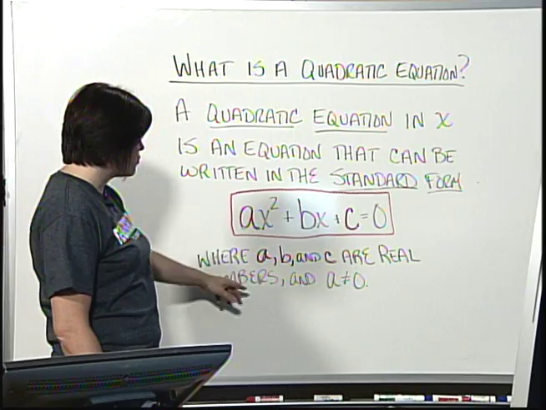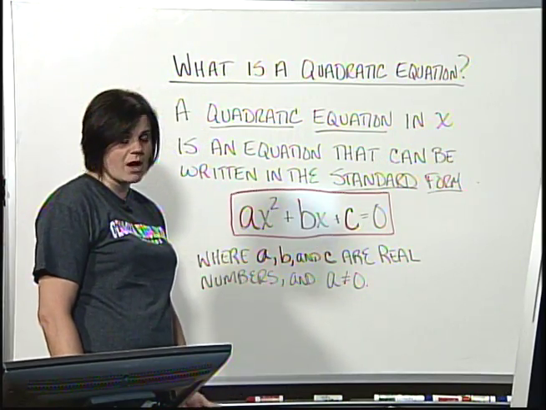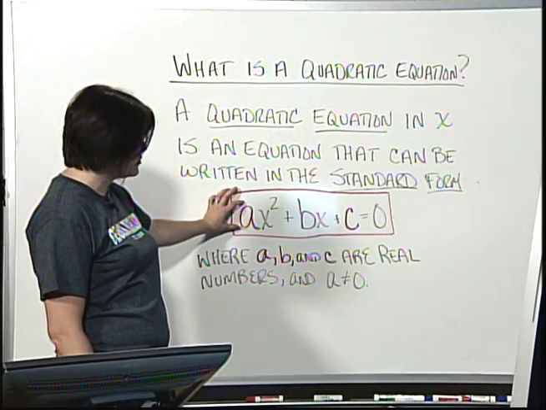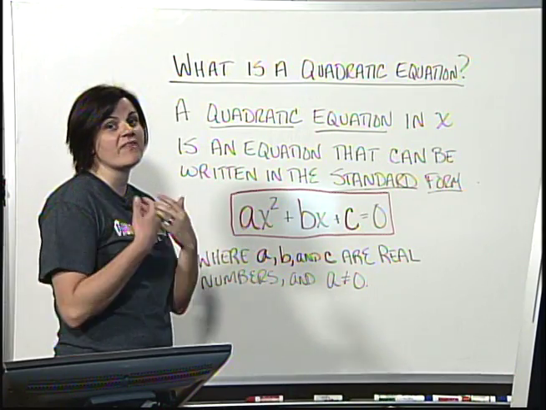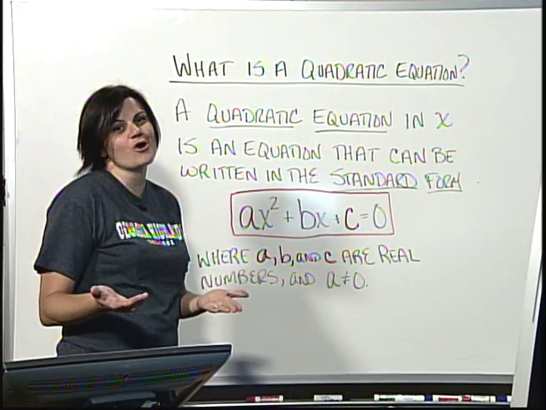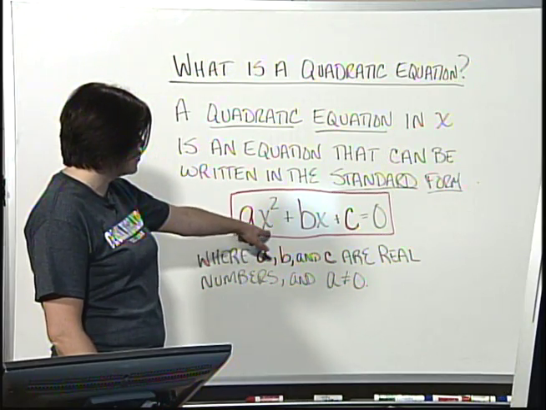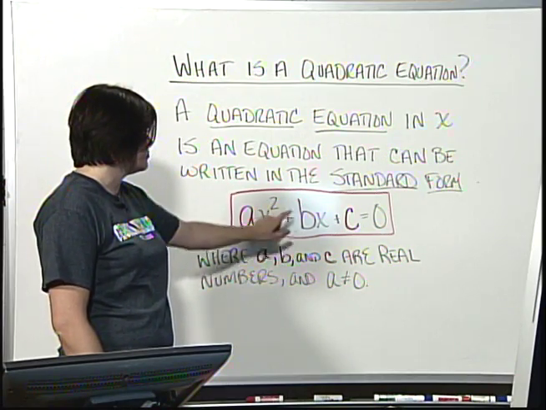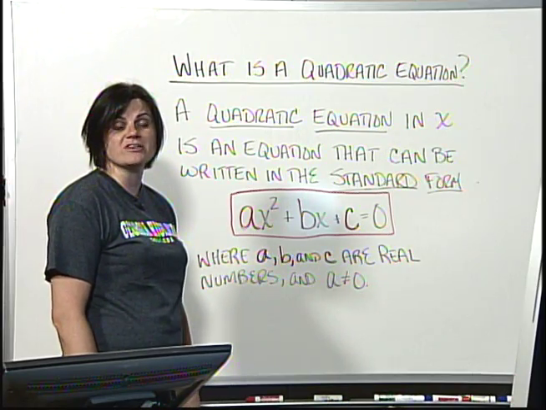Now, in this form, a, b, and c are simply real numbers, and a cannot be 0. Because if a were 0, you'd be multiplying 0 by x squared, and that term would completely drop off. And then it wouldn't be considered a quadratic equation anymore, because a quadratic equation is one whose degree, or the highest exponent, is 2. So let's take a look at some examples of some quadratic equations so you can begin